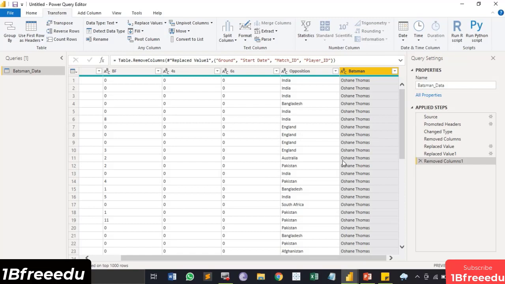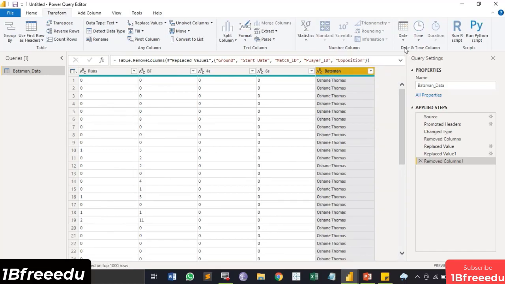Actually, we don't even need the opposition column, because for the batsman data, the only data we want is the drop down and the information about the batsman, right? For the opposition, that column is needed, but that is in the matches category. So if you want, you can just remove this particular column as well. This is the whole sheet that we are getting for the batsman data, right? And we would be using it to create values.